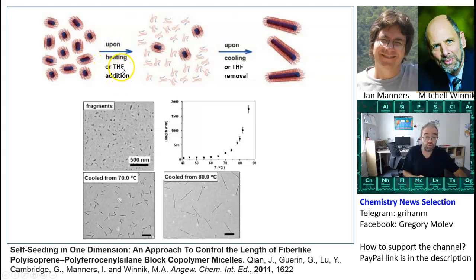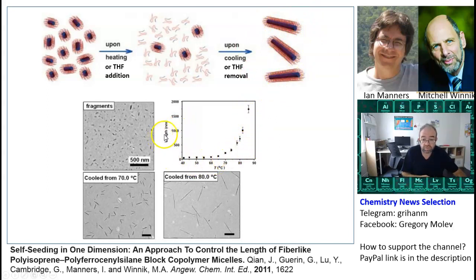THF is a solvent that dissolves both the corona block, the PI or the PDMS, and the core block, that means PFS. It dissolves the whole seed, and if you add a little bit of THF, it will also dissolve part of the seeds and not dissolve the others if it's a very small amount of THF. And then you can selectively remove THF because its boiling point is lower than, for example, decane, and THF will be removed, and you again will form uniform micelles. Here you can see a very